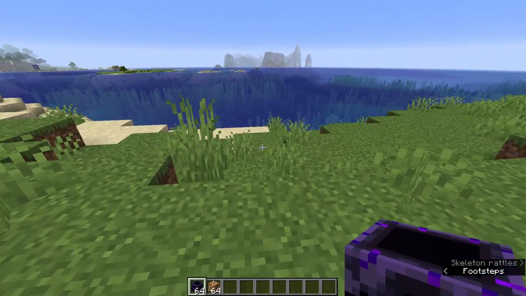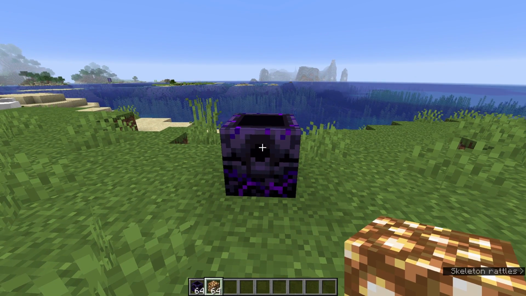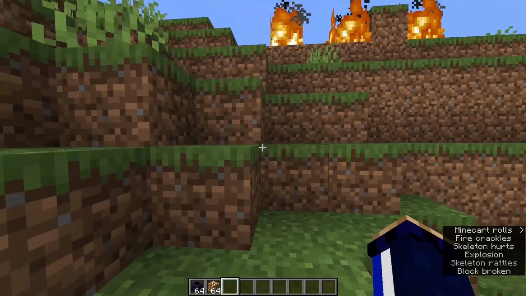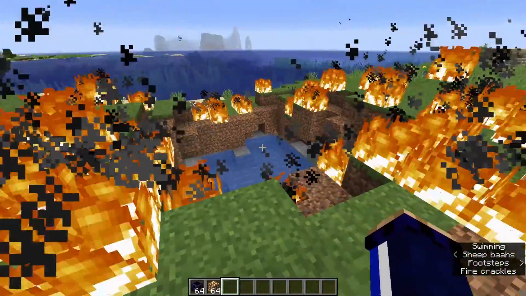Now, I want to run a quick test to see if this respawn obelisk will let you respawn in places other than the nether. So what I need to do is charge this up with some glowstone like so, and then right-click on it, and wow, okay, I was not expecting that, but that is, to be honest, kind of